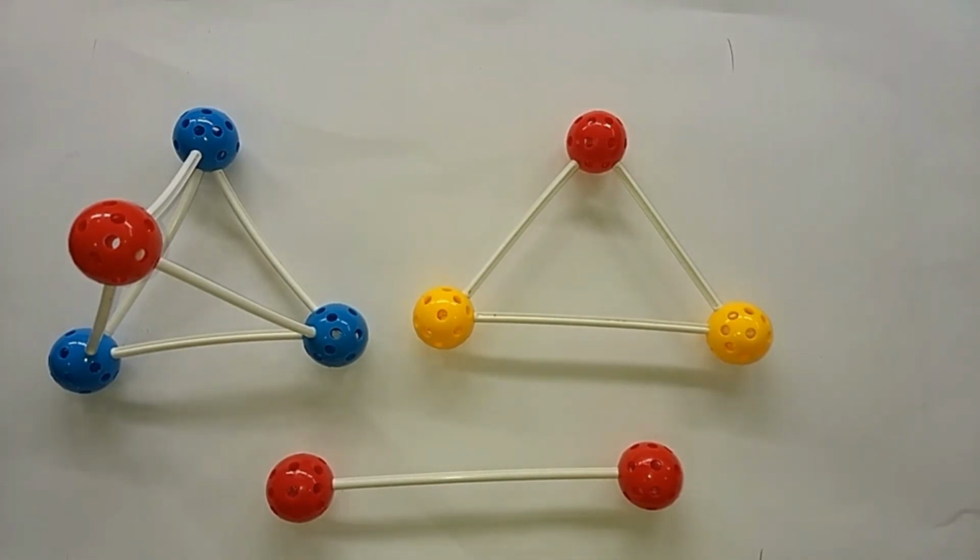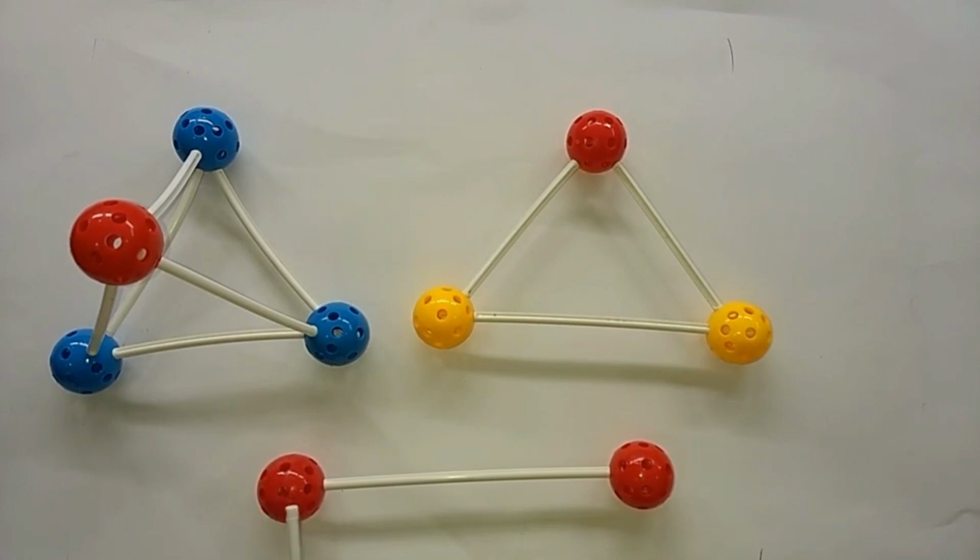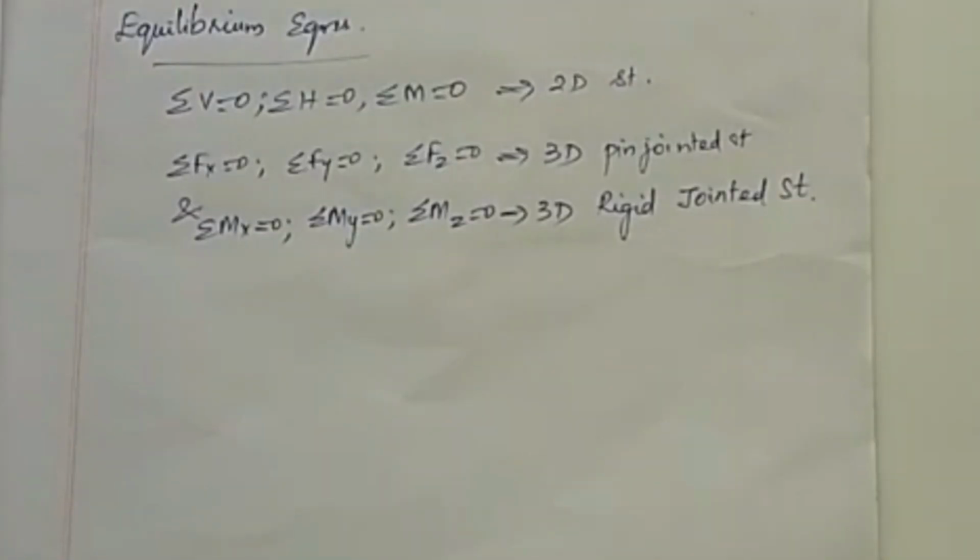We shall see the equilibrium equations of all these three to analyze the unknowns at the support. To analyze the support reactions, let us take these two other supports. To analyze the support reactions, we have equilibrium equations such that we can make use of those to find the unknowns at the support or the forces which are unknowns at the support. So we should know what are the number of unknowns at a fixed support, what are the unknowns at a roller support, what are the unknowns at the hinge support. So have a look at the equations.